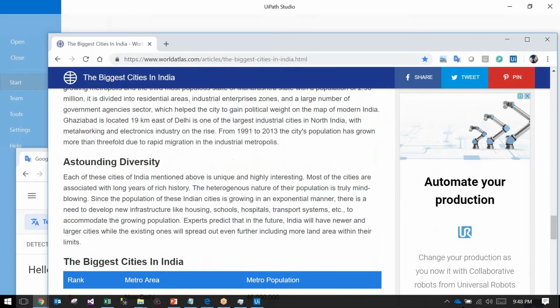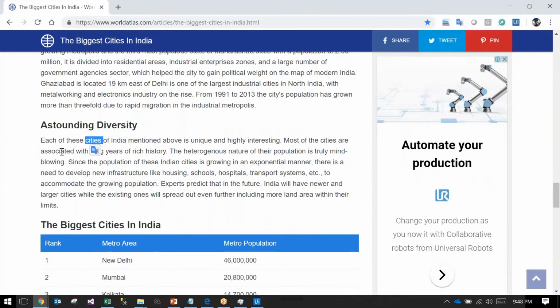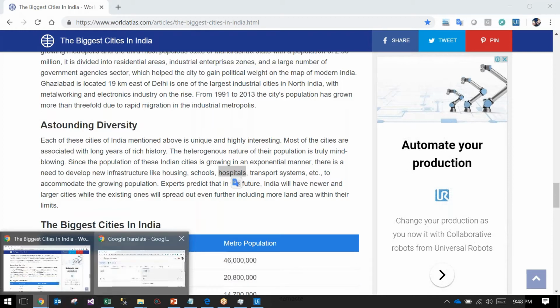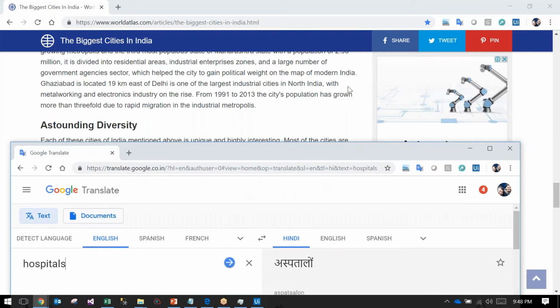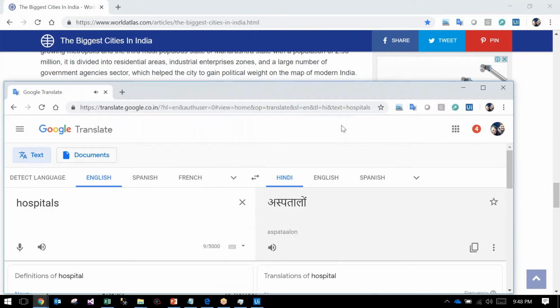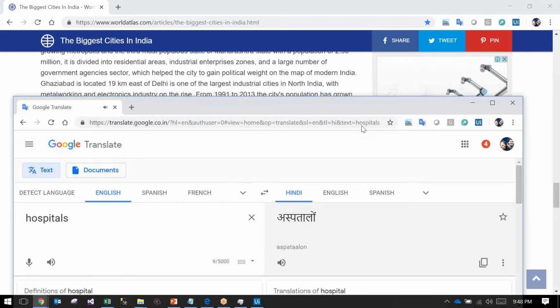I want the meaning of this one, meaning of this one in Hindi. Okay, this population. I want the meaning of any word. So once you select anything and press any key, it should copy this text and paste into this place and convert. Click on convert and click on this. So that is our task.